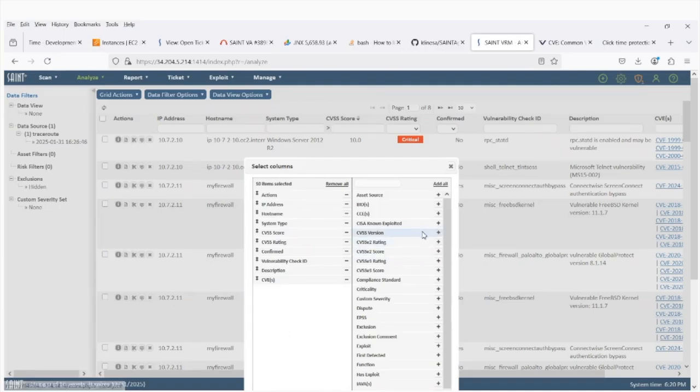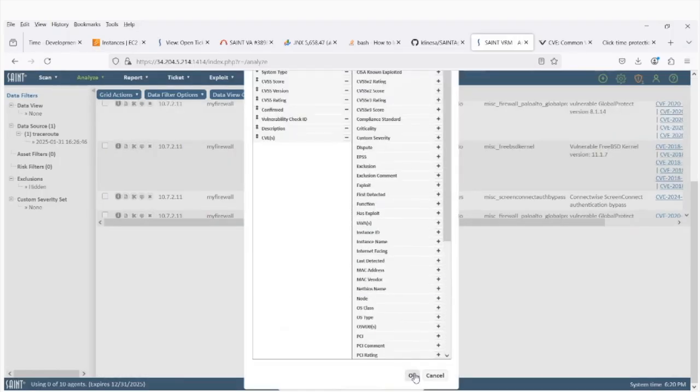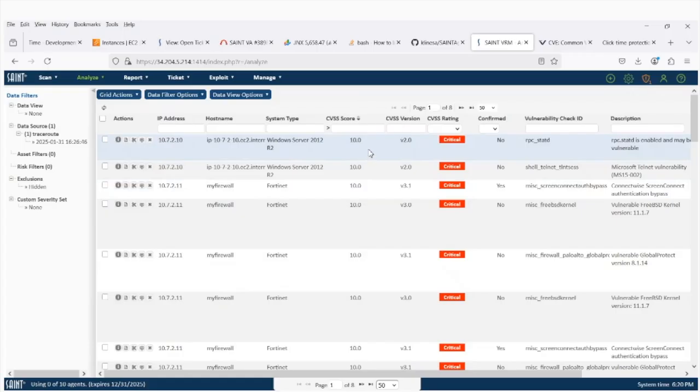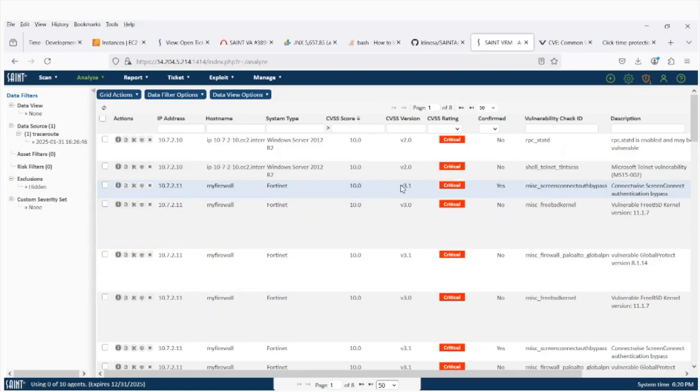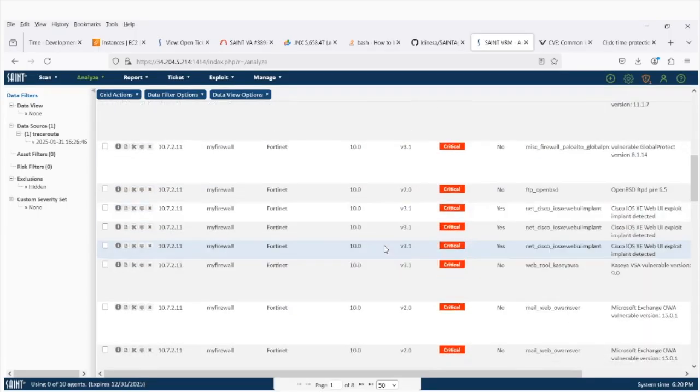So I'm going to enable the CVSS version column. Put it right next to the CVSS score. And so now we can see which CVSS version we're looking at. So for this particular vulnerability here, the best available version in the NVD was version 2. And so it shows us the version 2 score, which was 10.0. For some of the other vulnerabilities, there was a version 3.1 or a version 3.0 score available, and so it gives you that score instead. And then,